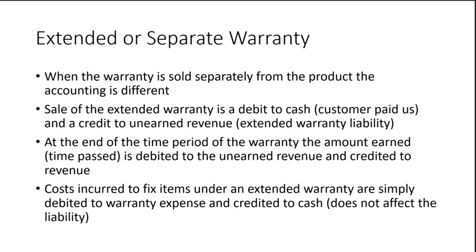So when it's sold separately from the product, we're going to record the cash coming in, debit cash, customer paid us, right? And we're going to record it as a credit to unearned revenue, a liability,